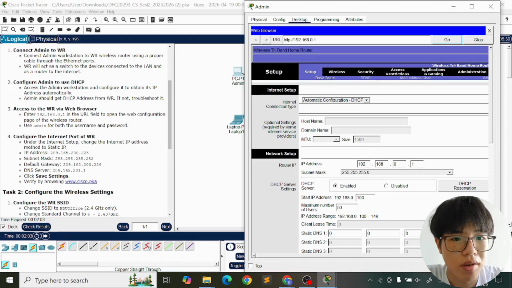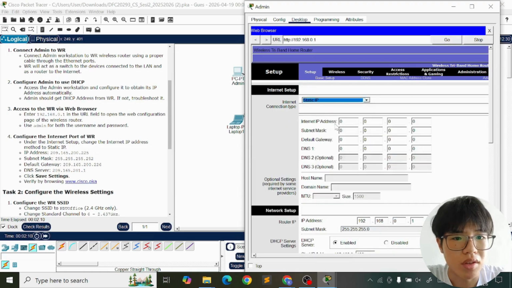configure the internet port of the WR. So under the internet setup, change the internet connection type to static IP. It's a static IP. Then change the IP address, subnet mask, default gateway and DNS server. So here, just change it to 209.165.200.225, and next, continue on, with 255.255.255.252,